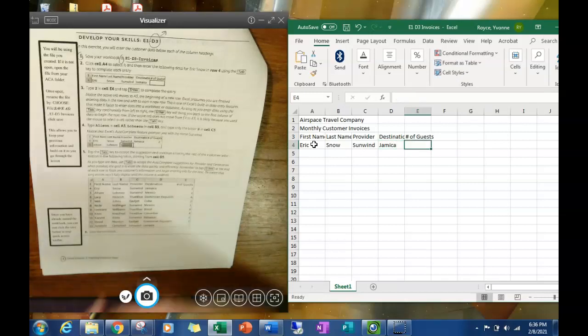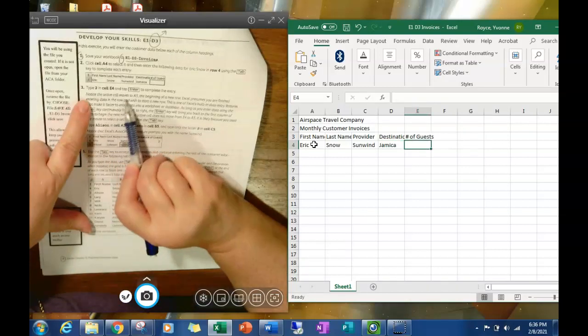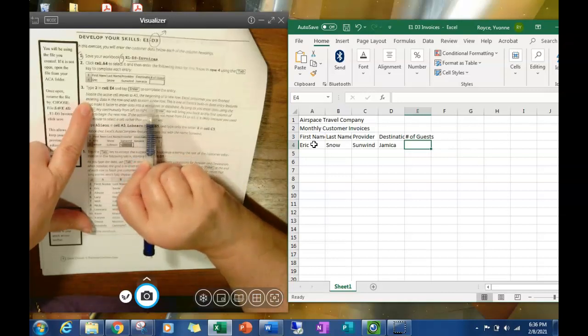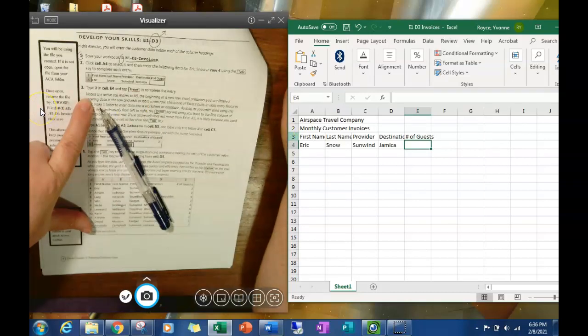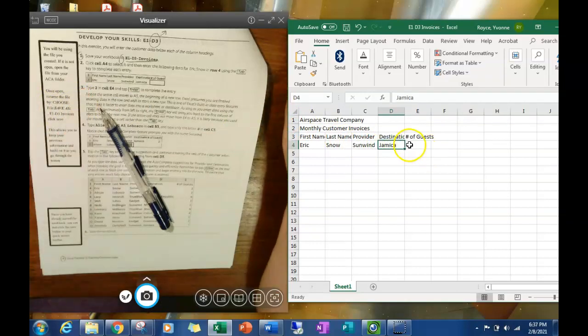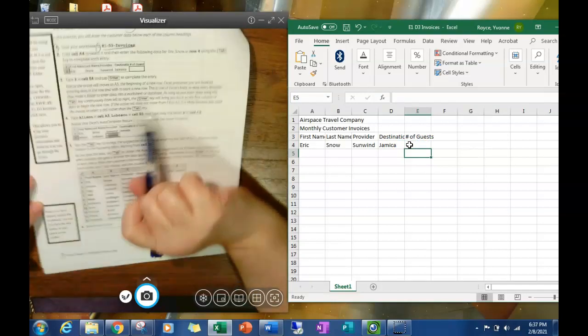All right, so now notice that the active cell moves to A5, at the beginning of the new row. Oh, I see. Destination Jamaica. When I'm in E4, I hit enter. It takes me down to